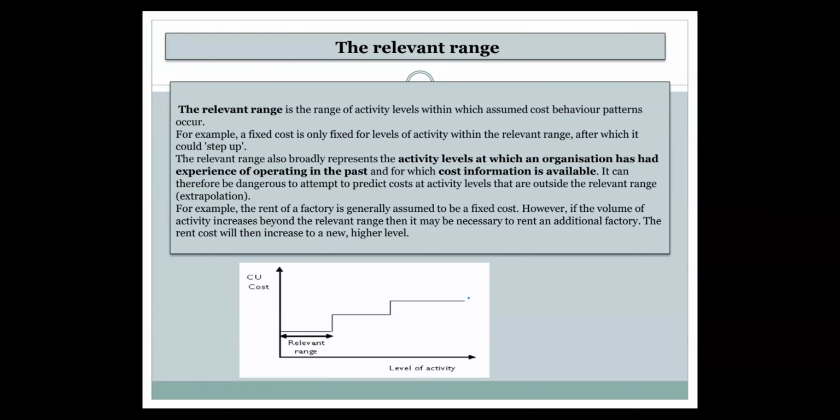The relevant range also broadly represents the activity level at which an organization has had experience of operating in the past and for which cost information is available. It can therefore be dangerous to attempt to predict cost at activity levels that are outside the relevant range. আমি যেটা বললাম, রেলেভেন্স রেঞ্জের বাইরের কোনো কস্ট যদি আপনি প্রেডিক্ট করতে চান যে এটা এমনই হবে, দ্যাটস নট।